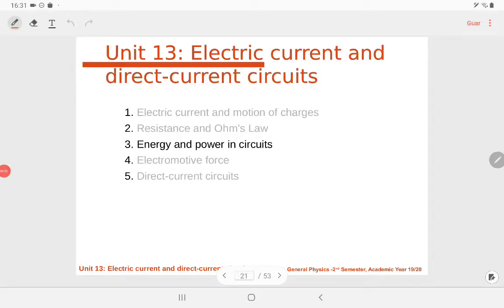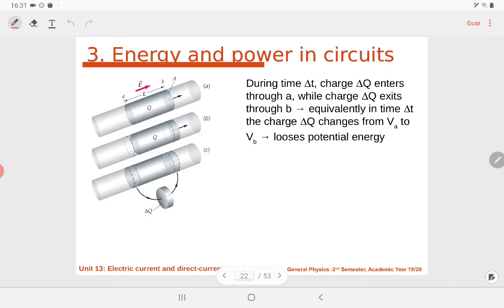In this video, we're going to look at the flow of electric current through a wire from an energetic perspective. So to do so, we think of our wire, which can be thought of with this plot here. We have two points, this is point A, this is point B. At point A we have a potential of V sub A, at point B we have a potential of V sub B. And then there is this potential drop, where the potential in A is bigger than the potential in B,